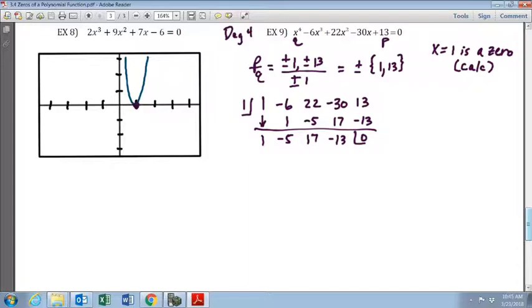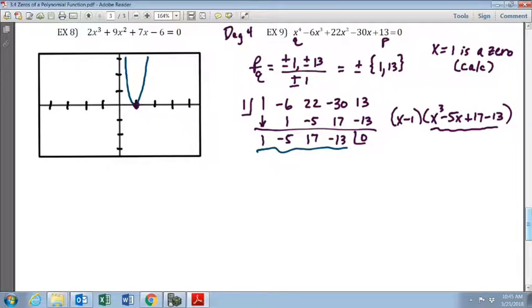And so now we can write our polynomial in factored form. It'd be x minus 1. That was our divisor. And then that's times the answer that we got here. That'd be x cubed minus 5x plus 17 minus 13. Now, something to keep in mind is, first of all, look at what we have here,